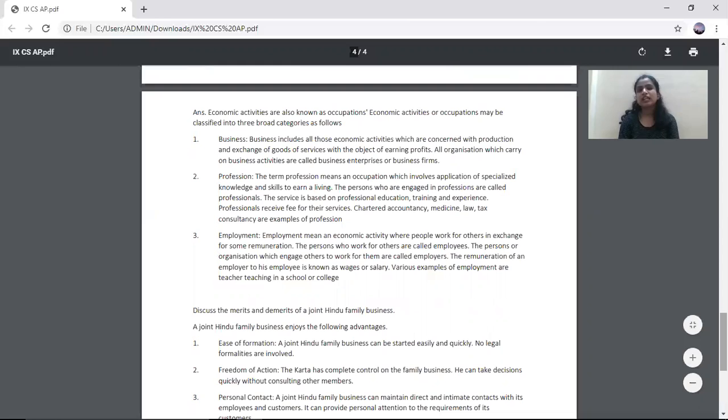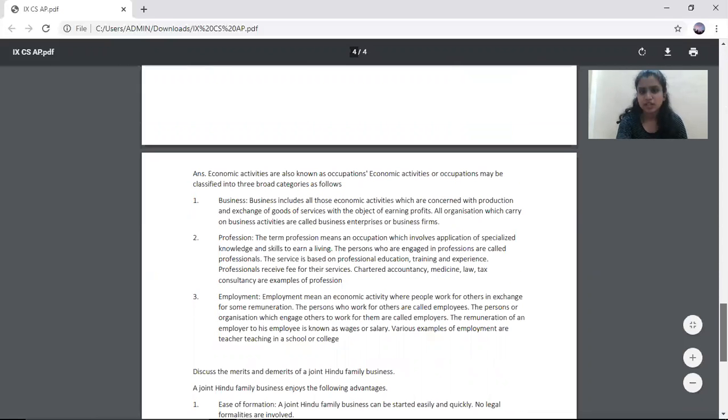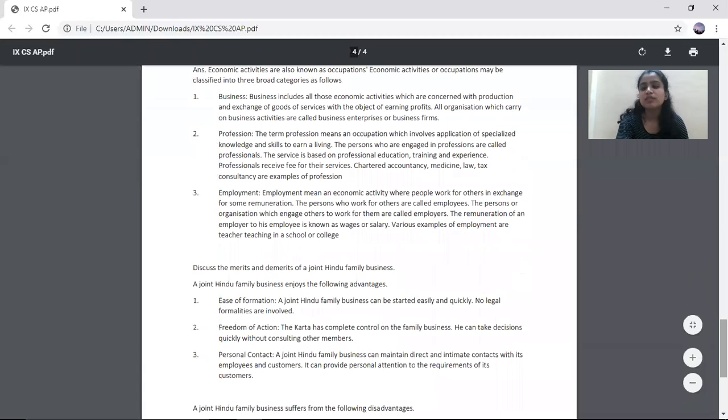Now students, here you've been asked to write what economic activities are and write in brief the classifications of economic activities. So you can start with: the main categories of economic activities are business, profession, and employment. Now here, since it is not a 2 mark question, you will not just restrict it to business, profession, employment, but you will explain in detail what exactly business is, what profession is, and what employment is. You could give examples also, which will enhance your answer and give you more scoring benefit. Since there are only 3 points but it is asked for 5 marks,